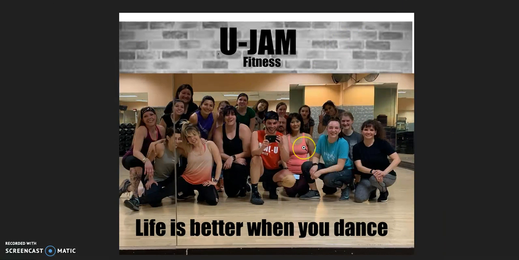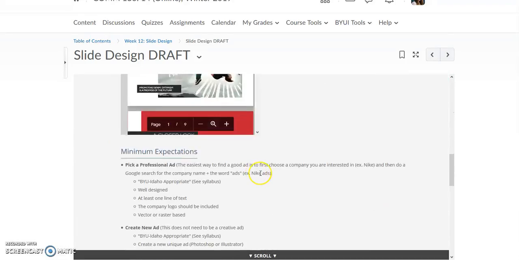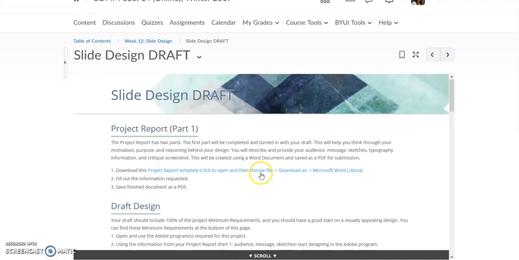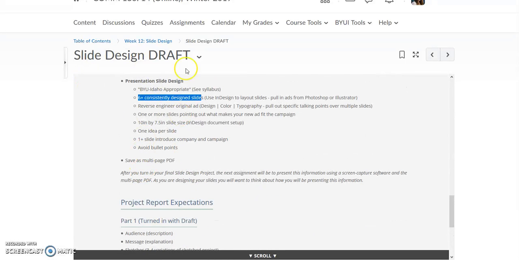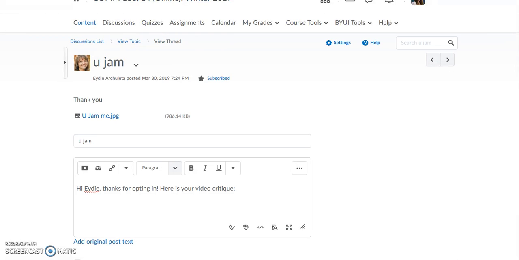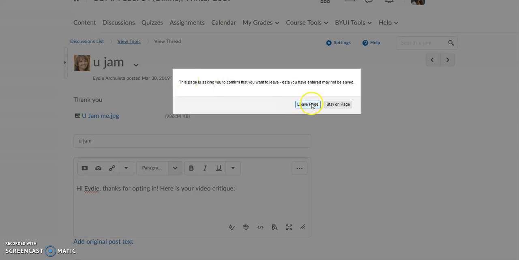for the assignment. Right now, this is not enough of the assignment specifications to get you the grade that I'm sure you would like for your final assignment. Okay, so keep on working. Read over the slide design draft report again. One thing you could do, which might be a good idea, is